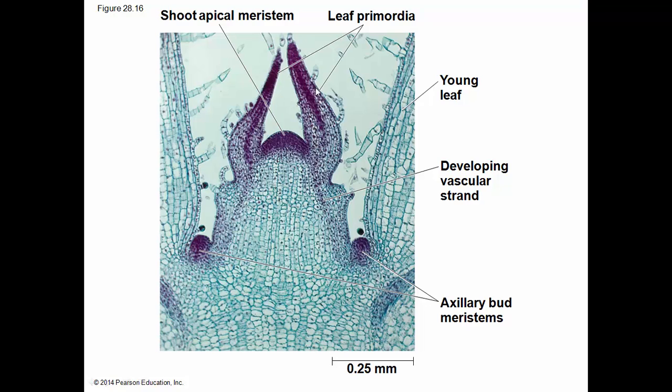The leaf primordia, these are eventually going to become leaves. This would be the blade of the leaf, and this is going to turn into the petiole, and it's going to attach to the branch there. Okay, so here's a young leaf on the outside of the shell, and inside this is the developing vascular strand, and inside here